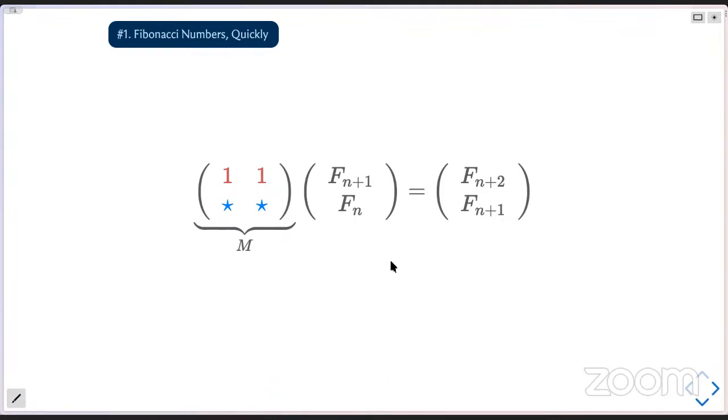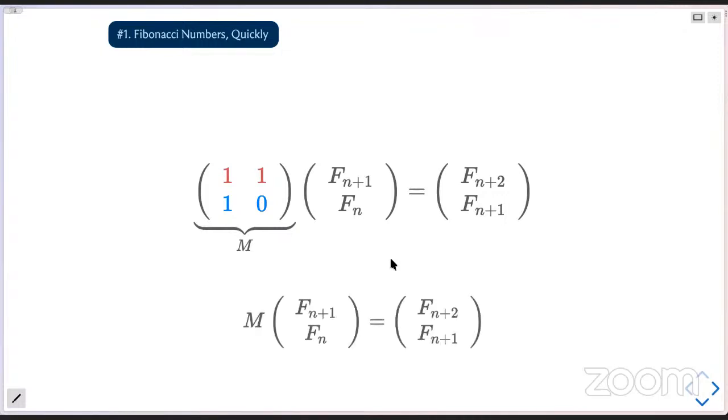So yeah, the first row should be 1, 1 because Fn plus 2 is Fn plus 1 plus Fn, and we're going to get that by plugging in both ones there. The second row should be, as some of you have already pointed out, a 1, 0, because we want to kill the Fn and we only want to pull up Fn plus 1. So to knock the Fn out of the way, we have the 0 in the bottom right corner of that matrix, and the 1 is going to nice and easy pull out the Fn plus 1 term.